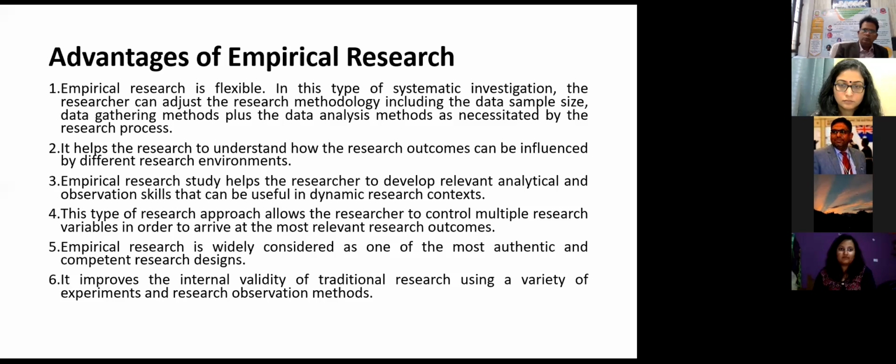And the last one is it improves the internal validity of traditional research using a variety of experiment and research observation methods. So why I'm focusing on the traditional research thing is that at the present context, what is happening, it's more again techno savvy, people are asking through the mail, through the thing,